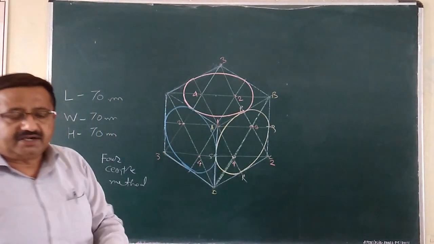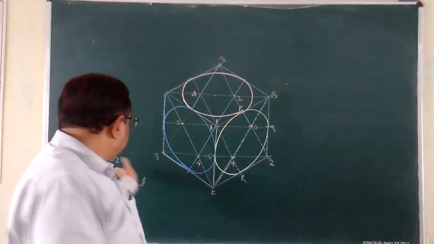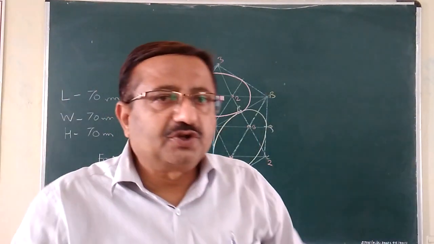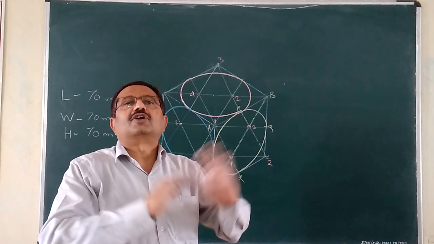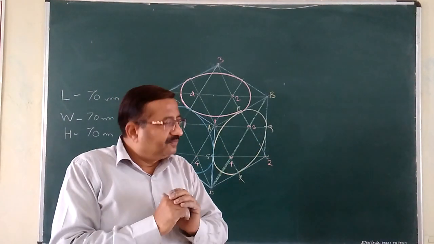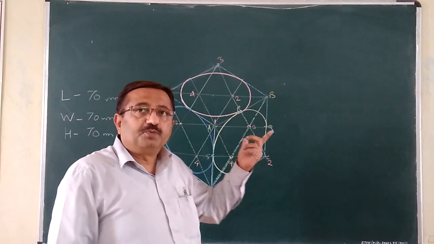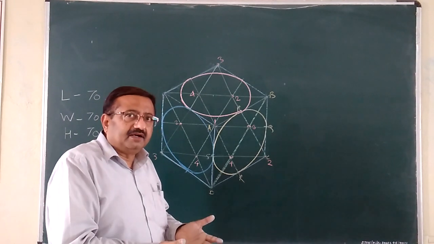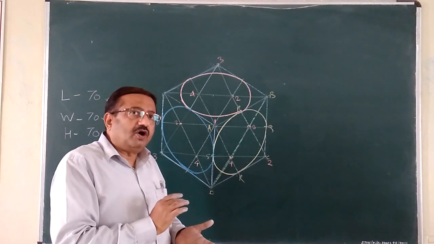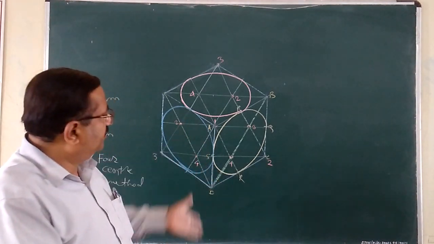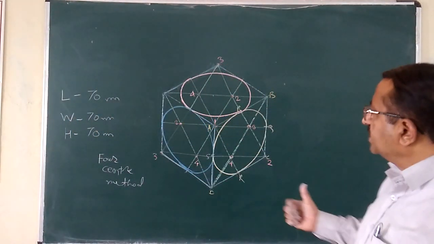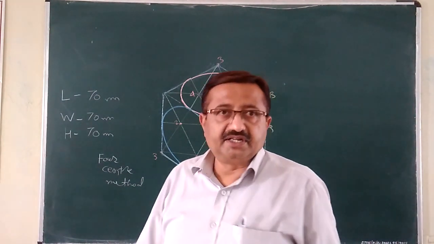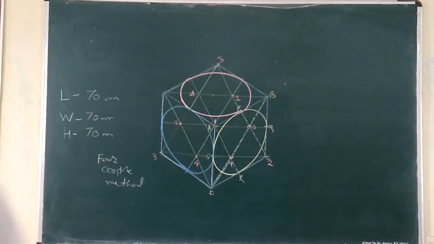In this way, we have learned the 4 center method, which is the unique method which will yield us conversion of circular things, semicircular things, or quarter circular things, which are appearing naturally in ortho. Those should be converted into 3-dimensional curvatures. Those are nothing but full elliptical, semi-elliptical or quarter elliptical. Okay, this is the unique method. The essential thing is you have to construct a rhombus. Rhombus is the best for construction of ellipse. It is everywhere required. Okay.